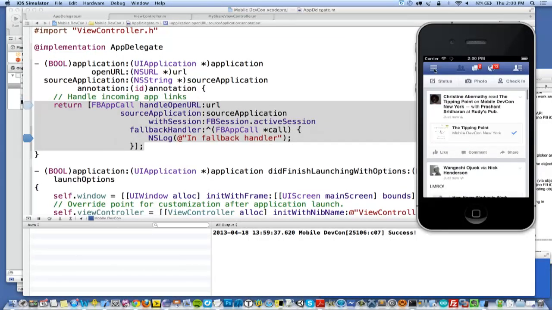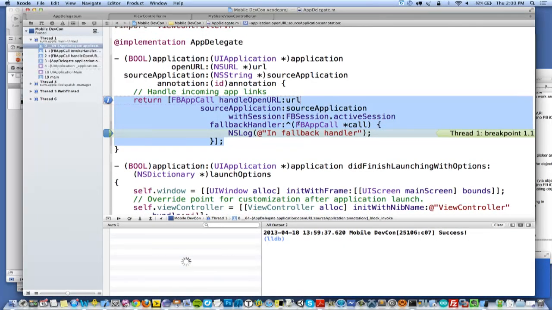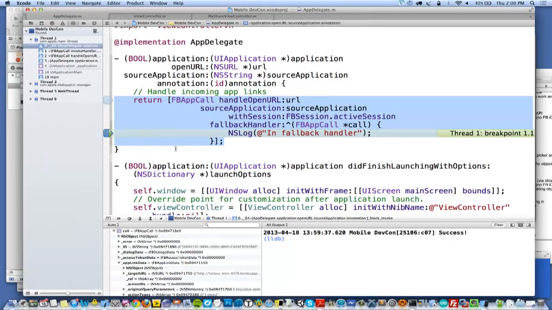I'm going to go ahead and see the story that's posted just now. And the other key thing is if I actually click on this link, because I have deep linking enabled for my app, it's going to go and invoke my app. So I go ahead and click it. I actually put a breakpoint inside of this application so that you can go ahead and examine what is the information that comes back. So in this FB app call,